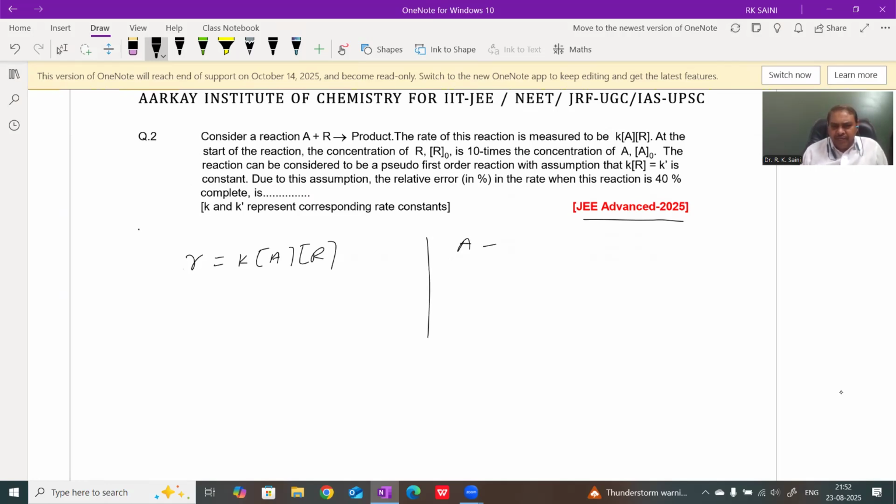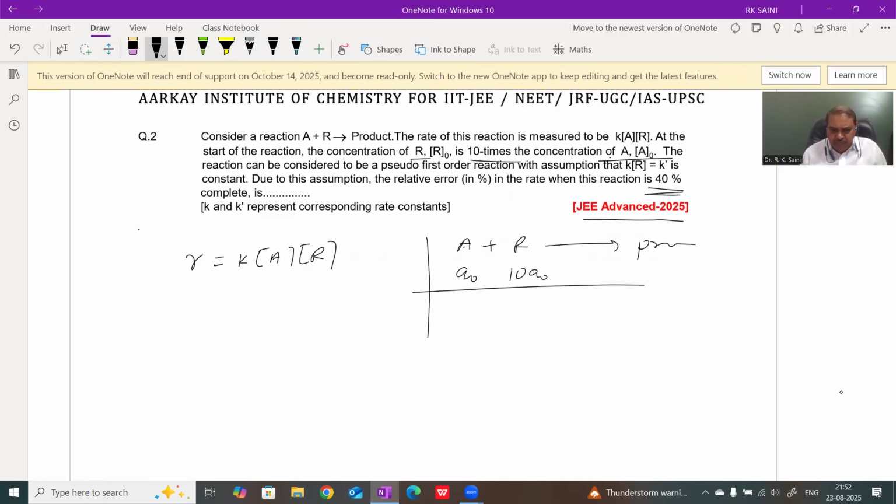Initial concentration A plus R equals product. The initial concentration of R is 10 times the initial concentration of A. Suppose the initial concentration of A is A naught, then the initial concentration of R is 10 A naught. After 40% completion,